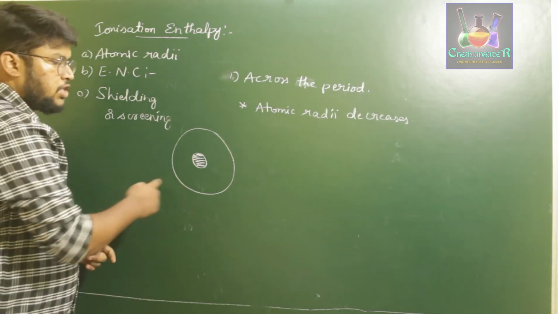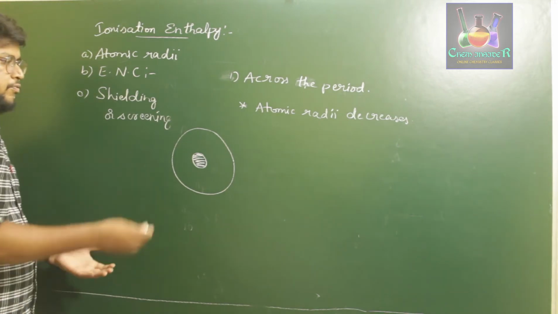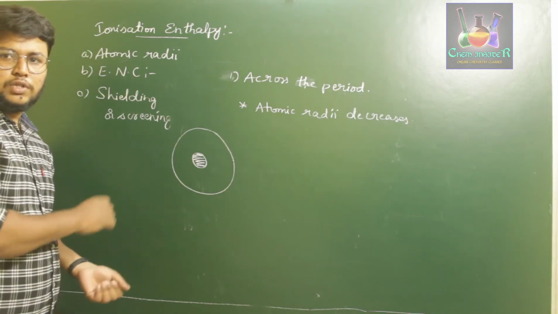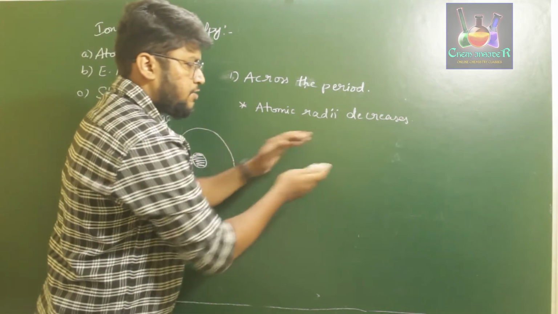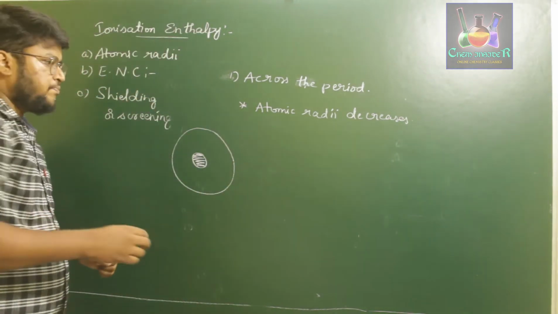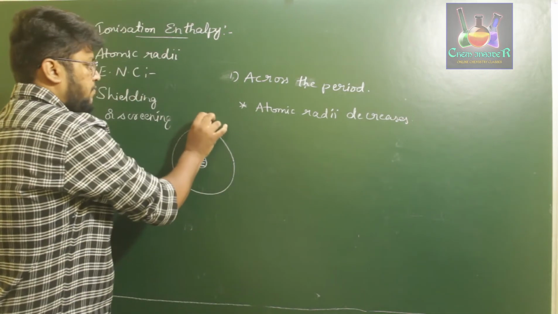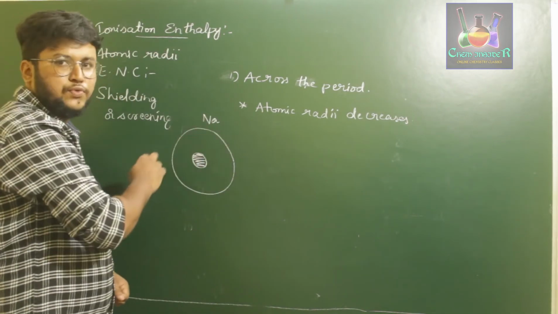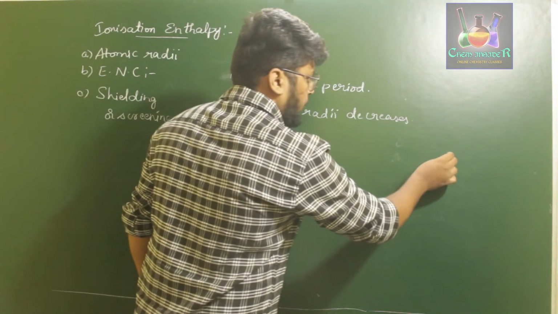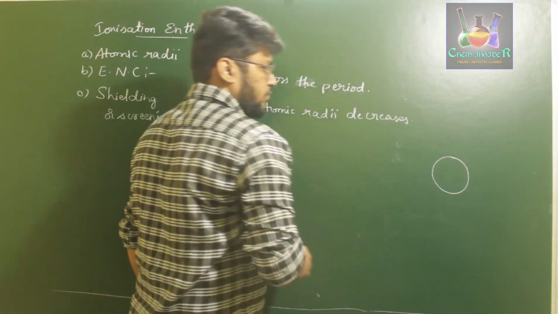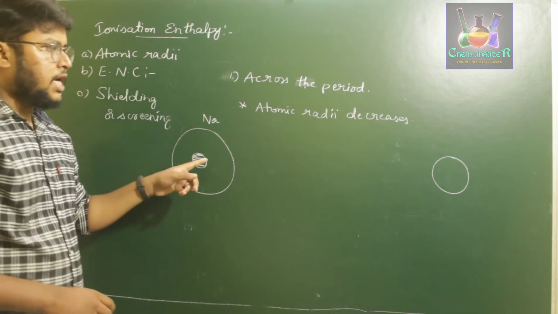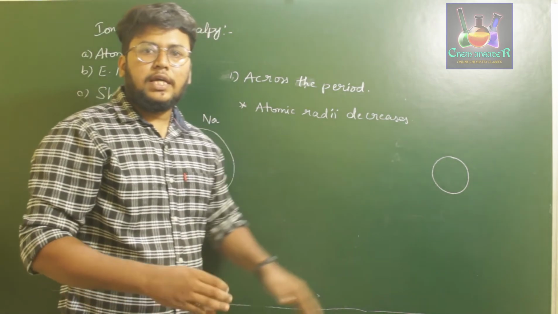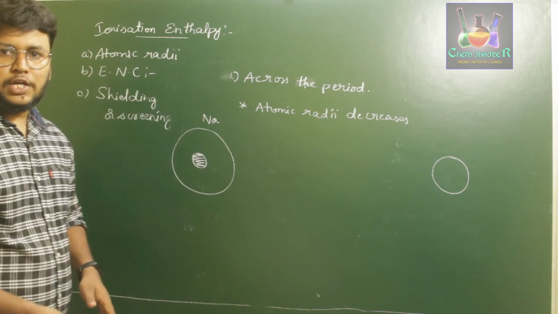So now if you consider this shell, what happens here is, for adding more and more electrons to this atom, that is nothing but increasing the atomic number, the size decreases as we have discussed in the previous video. So if I say this is for sodium, this is the outermost shell of sodium atom, the outermost shell of chlorine will be slightly less of this size. Even though the shell is same, the size will be reduced because of increase in the effective nuclear charge.